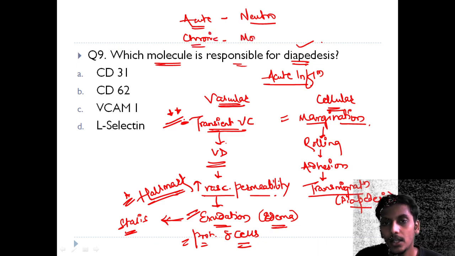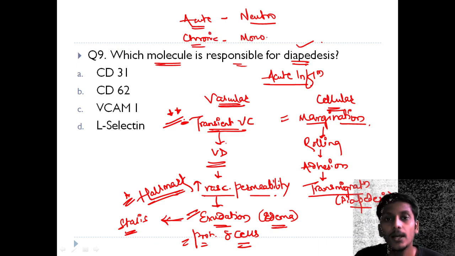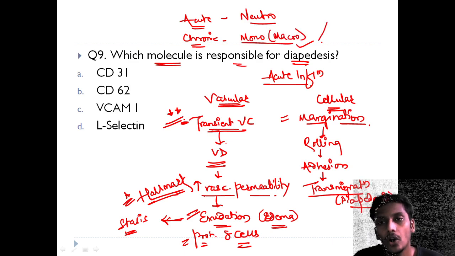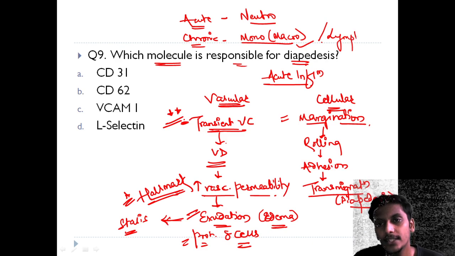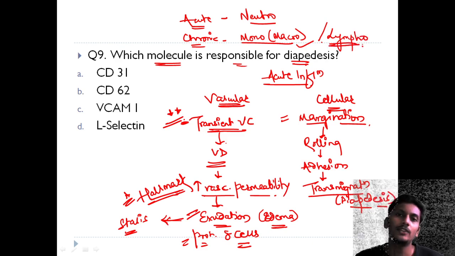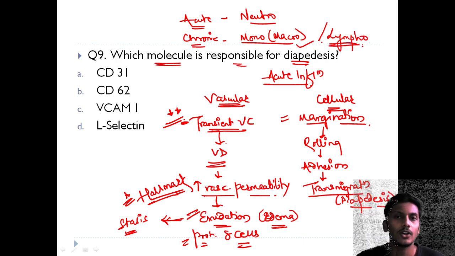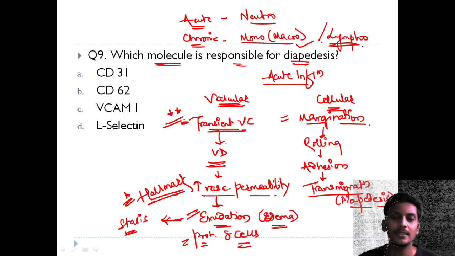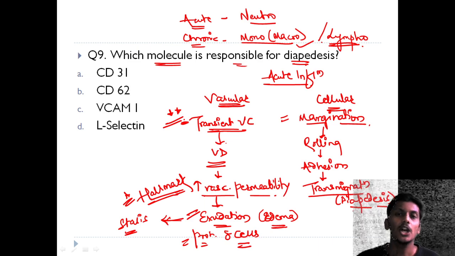So please remember, acute inflammation involves neutrophils, and chronic inflammation involves monocytes and macrophages. Also in chronic inflammation we can see lymphocytes. Lymphocytes play a very important role in cases of chronic inflammation. Remember this. So usually in cases of acute inflammation, what happens is diapedesis or transmigration, which is movement of